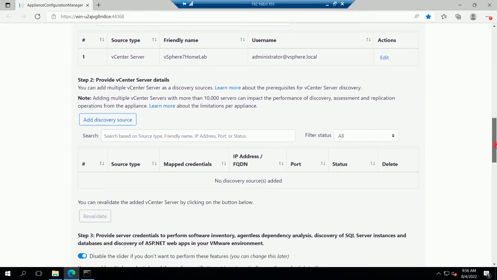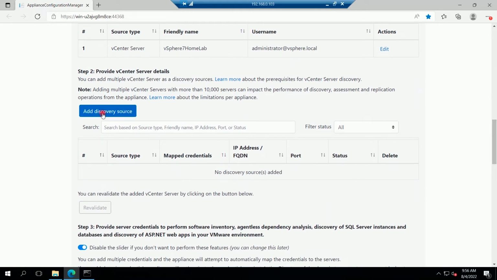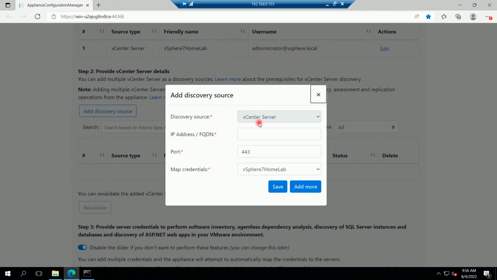I will now click on add discovery source. Discovery source vCenter server. I will provide the IP address of the vCenter server here. Save.